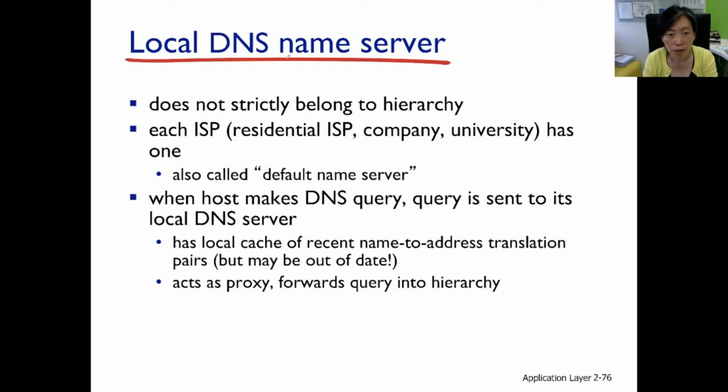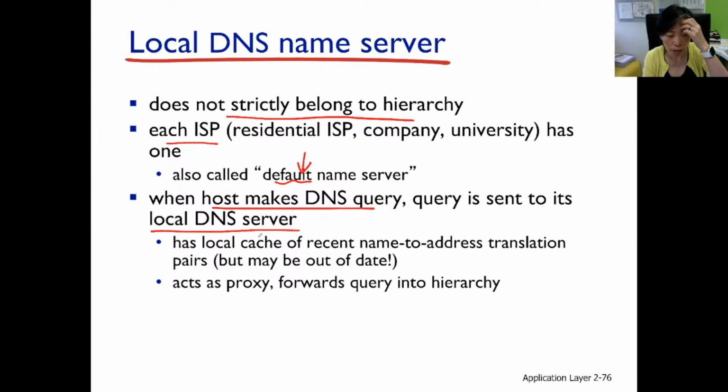Local DNS server, this I tried to introduce earlier. It does not belong to the hierarchy of 3 levels. It's very special. Each ISP or institution network will set up one, and all the clients in the institution or in the ISP will configure themselves to send all the queries to this local DNS server, which is also called the default name server. So when a host makes a DNS query, the query is always sent to the local DNS